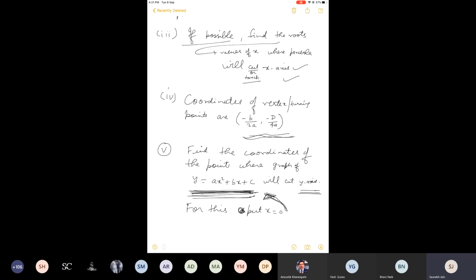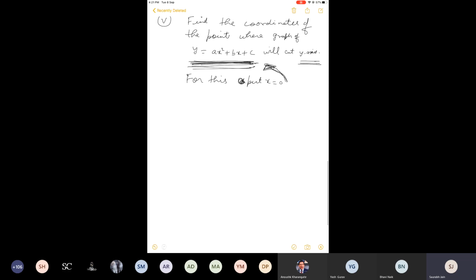Now, in order to understand all these steps, let me take one example. Let me take the first example. And then after this, I will give some questions. You will try in your copy, and then I will draw the graph and you see whether you have drawn the correct graph or not. In this way, we will take 4 or 5 examples. So I'm drawing the first one for you. Draw the graph of y equals x square minus 5x plus 6. Okay. This is the first one.